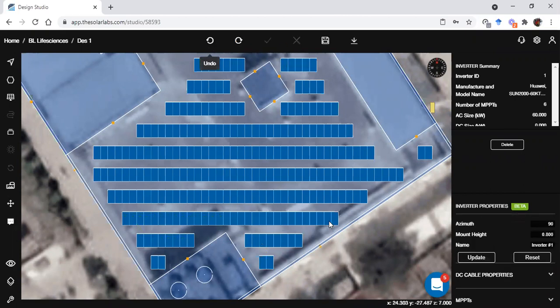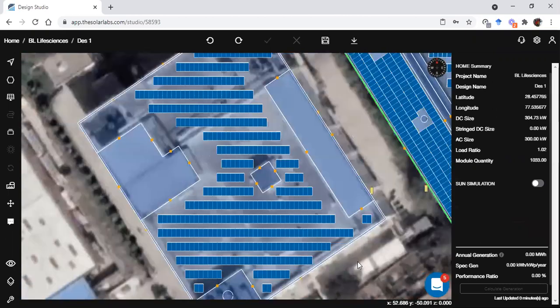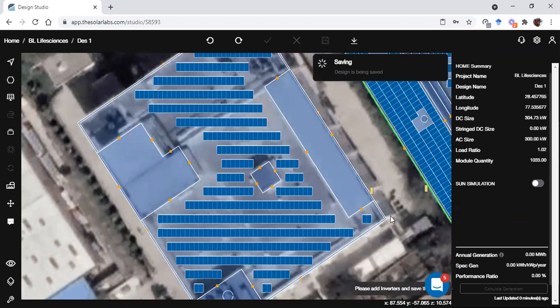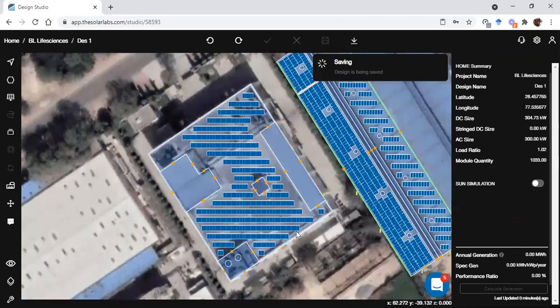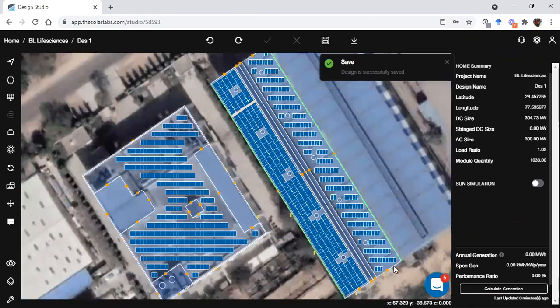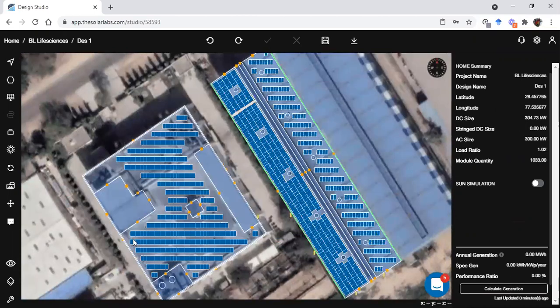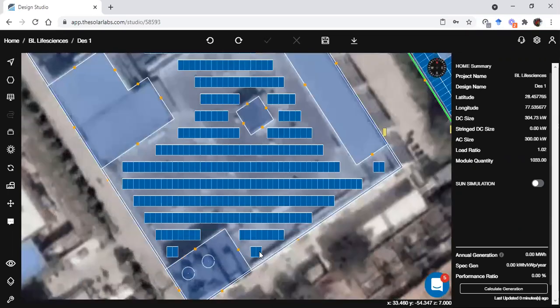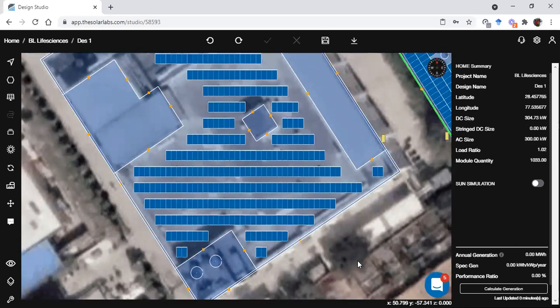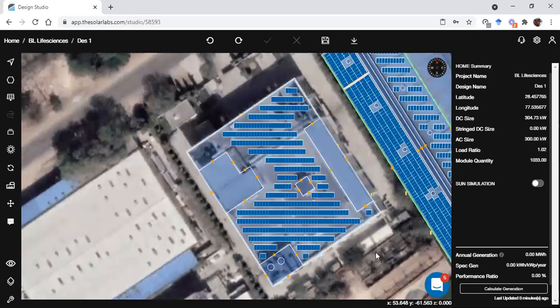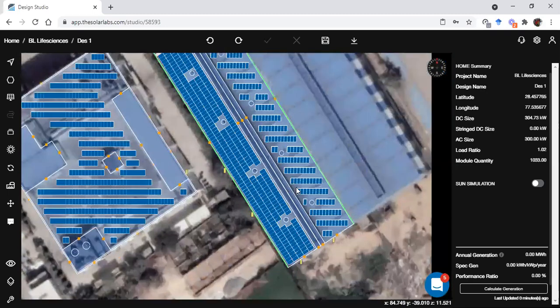But when you are adding strings, there is one feature which I'll tell you. If I save my design, it is saved. So this calculate generation button is enabled. If I add strings, only those panels which have strings will be taken into consideration while calculating the generation. All other panels will not be taken into consideration. So you need to make sure all the panels are there in the string. So if I calculate generation,